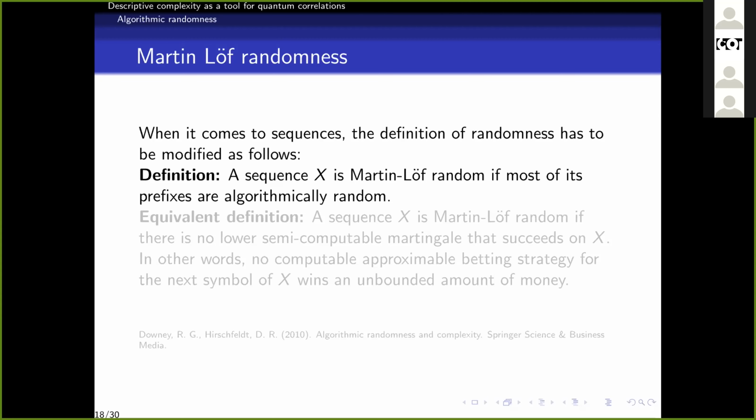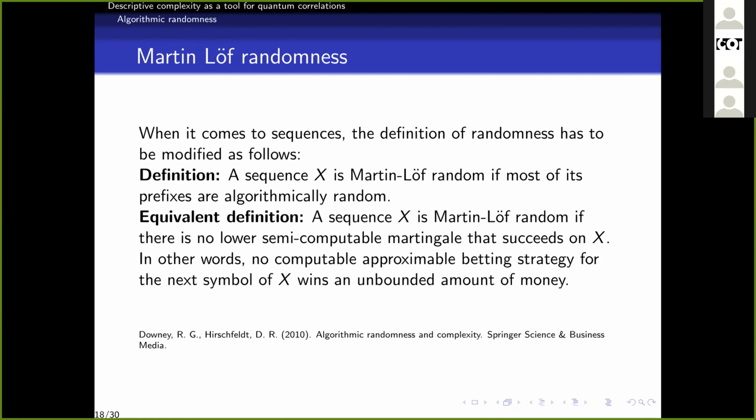So we take the first bit of the sequence and we want it to be algorithmically random. We take the first 2 bits, we take the first n bits, and for almost all n, the first bits from this sequence have to be algorithmically random. So their complexity has to be larger than the length of the string. So this will be a definition for sequences of algorithmic randomness. And there's an equivalent definition,